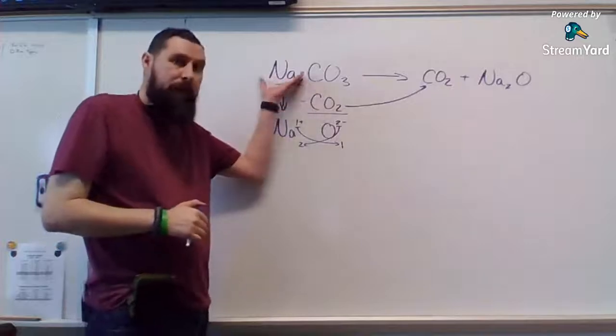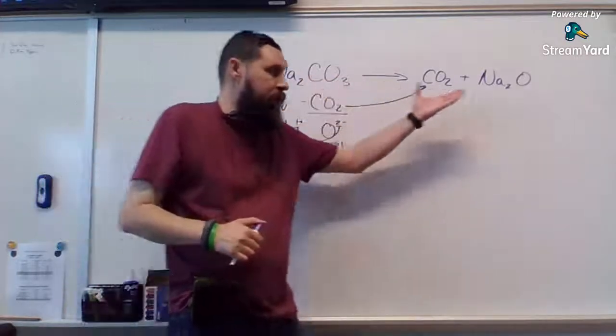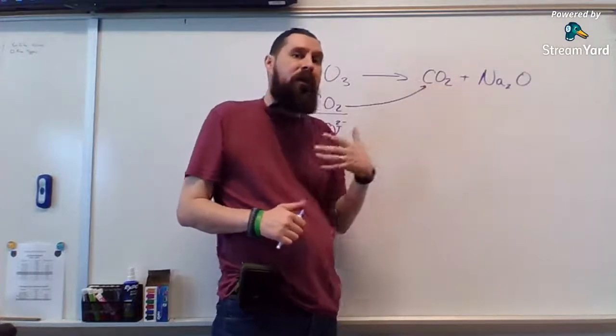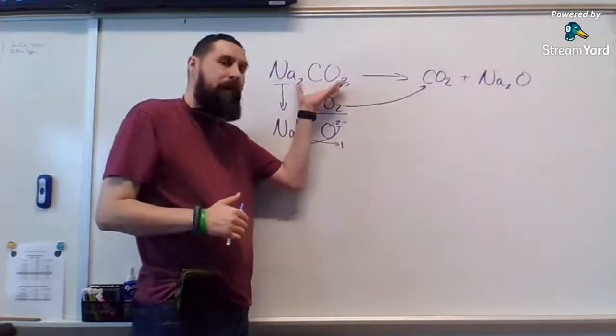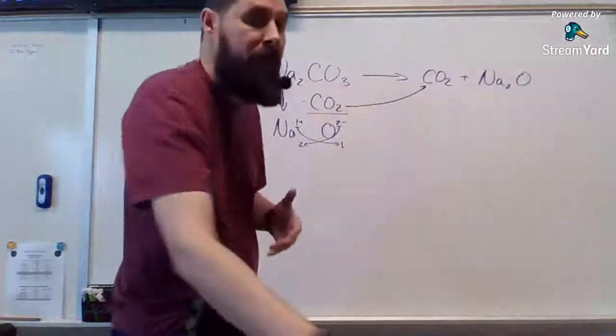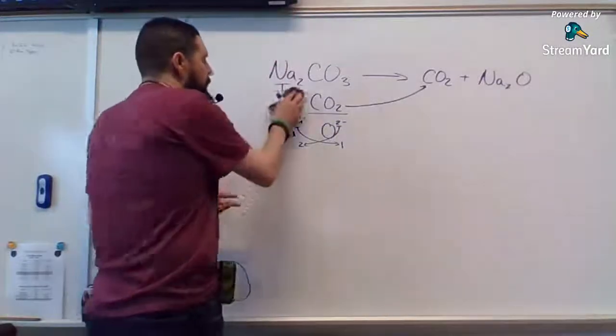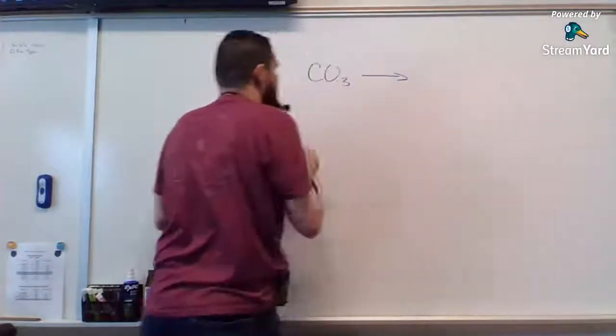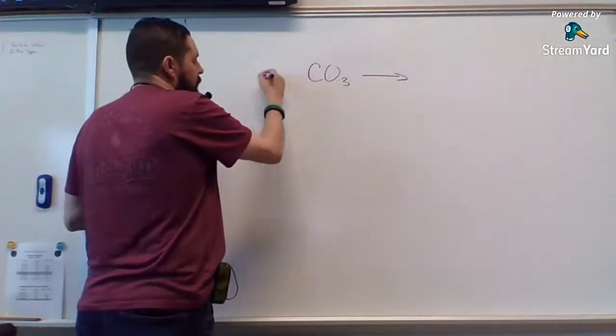So I've taken my metal carbonate and I've produced my metal oxide and carbon dioxide, the two things I'm always going to produce when I break down a metal carbonate. So let's go and take a look at another example. Let's deal with, for example, magnesium carbonate,